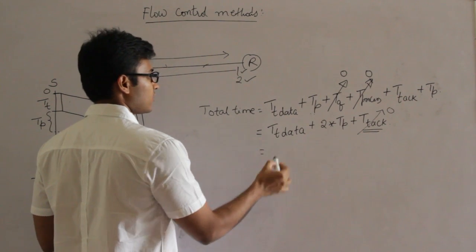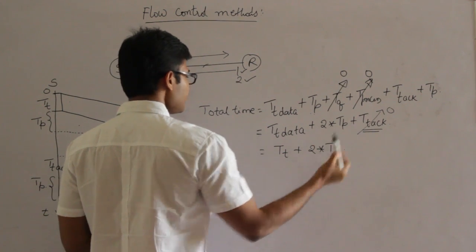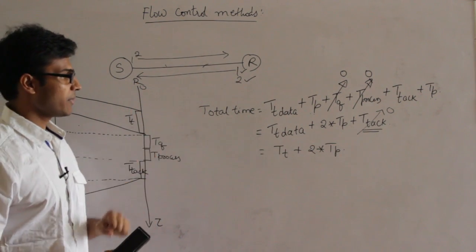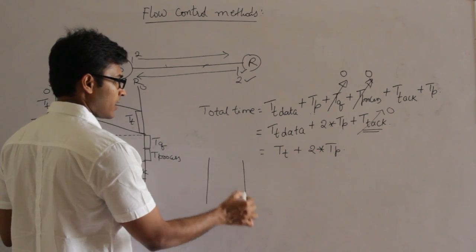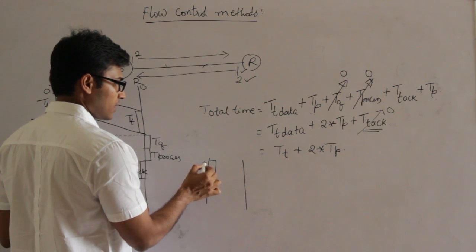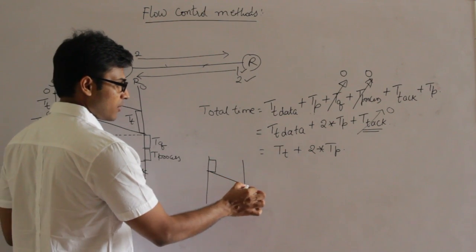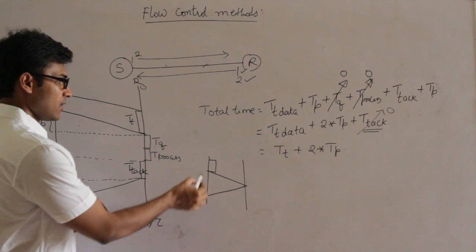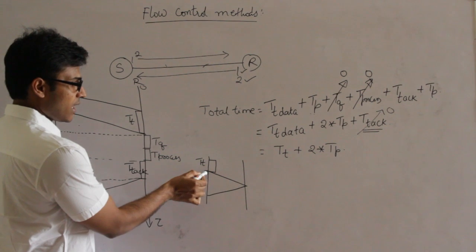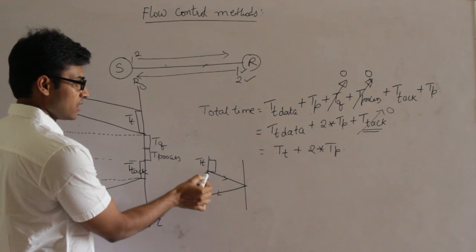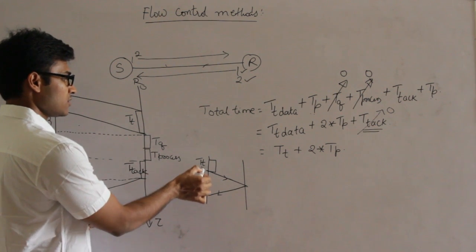Now what is remaining then? Total time is Tt plus 2 into Tp. This is the total time taken to send one packet, right? So simply put, you can understand it this way. We are transmitting a packet. The sender is going to send the packet, and then the packet is going to be propagated, which means the sender is going to transmit the packet and then stop at this point and wait for the acknowledgement, isn't it? The last bit of the packet is moving and then the acknowledgement is coming. This entire time is nothing but stop and wait.